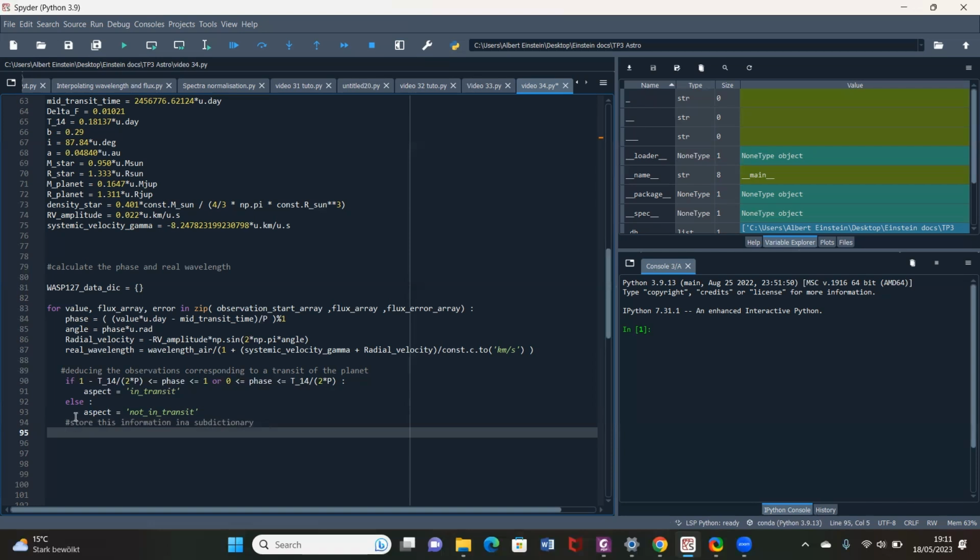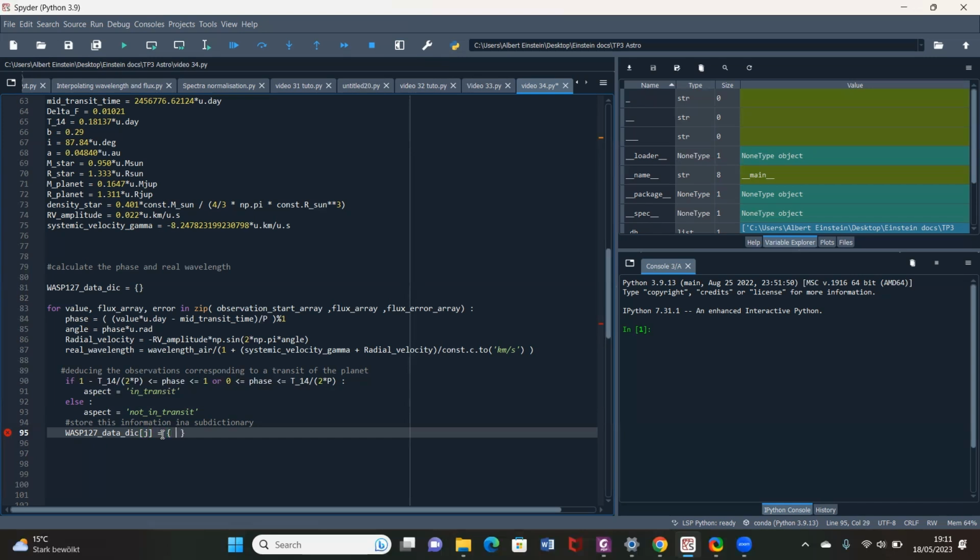So if it's in transit, give us the aspect and all other information. And the way we can do this, we can just copy this big dictionary, and inside this dictionary we want to create sub-dictionaries that contain the aspect plus the data associated with that observation. So kind of pragmatic. So I'm just going to add a J here. So I'm going to say WASP dic, data dic J equals,